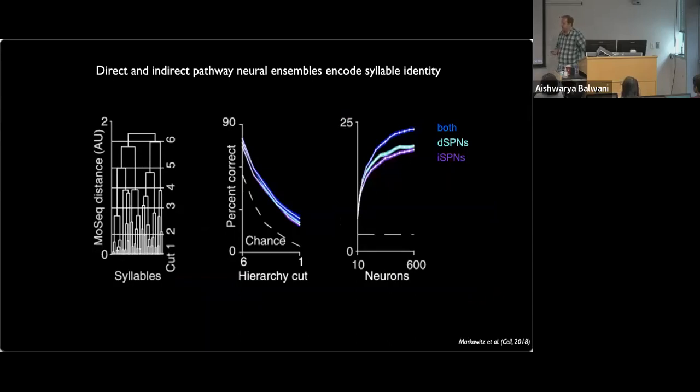That suggests that maybe, given this neural activity, we should be able to predict on a moment-by-moment basis what the mouse is doing. And the way that we tried to quantify that is we said, all right, the model gives us 50 to 60 syllables. Let's start by just using a very simple hierarchical clustering into two groups, which at the highest level ends up being still versus movement. And when you bisect at that level, you can predict what the mouse is doing based on neural activity with close to 90% accuracy. And we do the best when we include both populations, not just the direct or the indirect pathway.